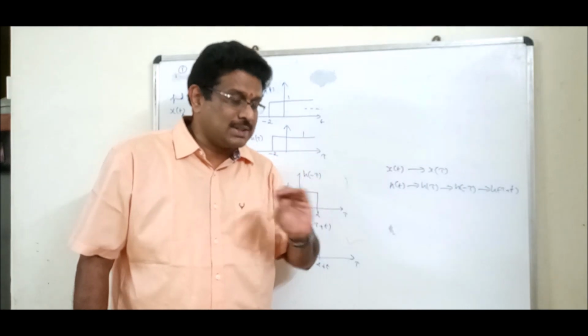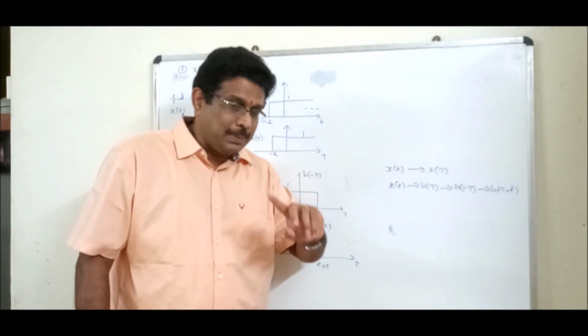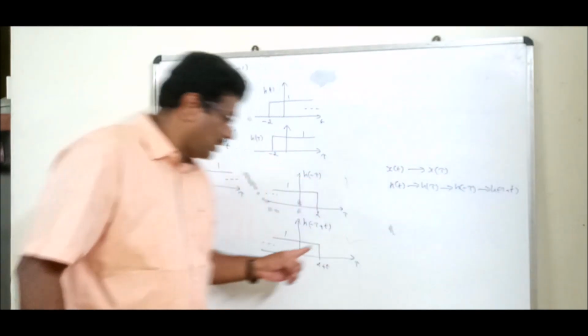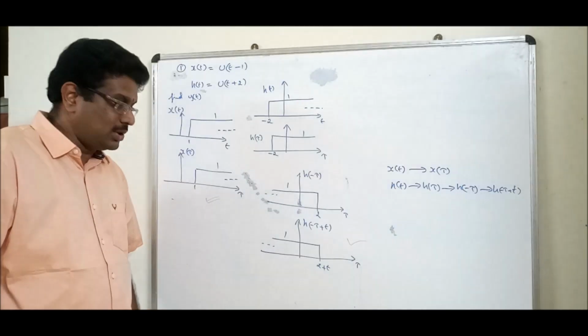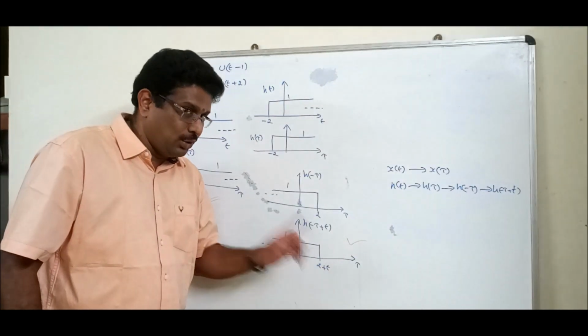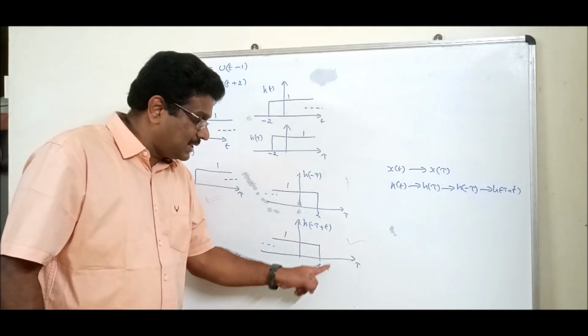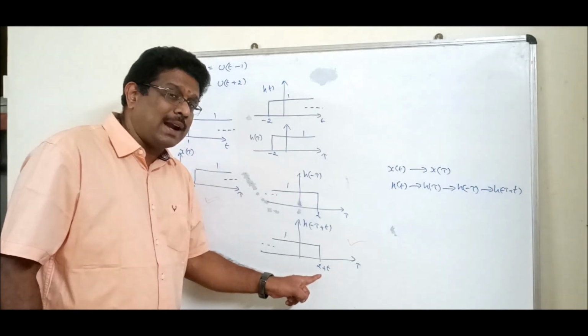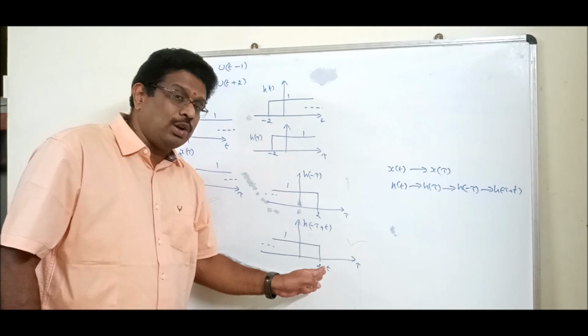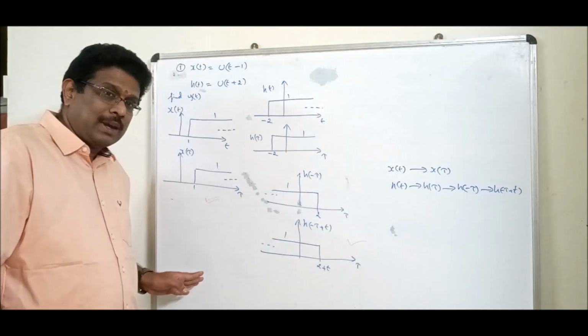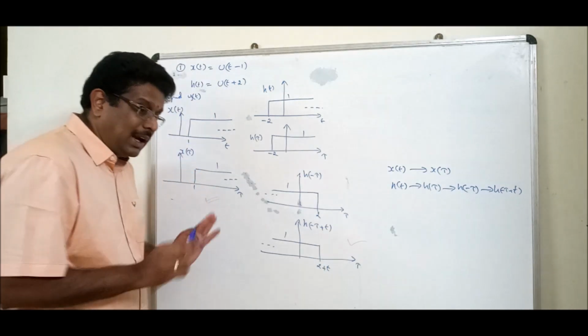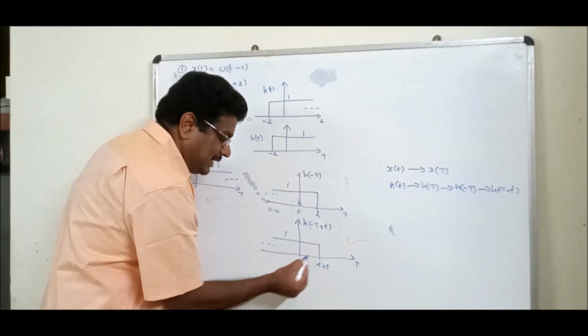What are the three operations? Shifting, multiplication, addition. So shifting is what I am going to do. How am I going to shift? Change the t value. Recall my wordings. Change the t value. Put t equal to 100, it goes that side. Put t equal to minus 100, it goes this side. Let me ask you one question. Tell me the t value. The signal should come to 0.